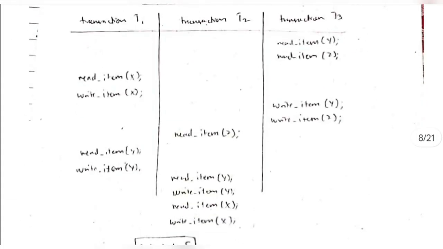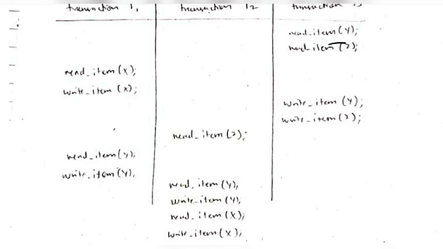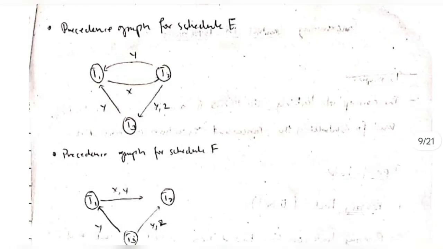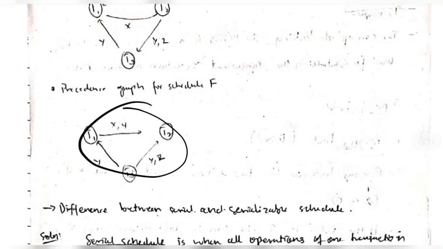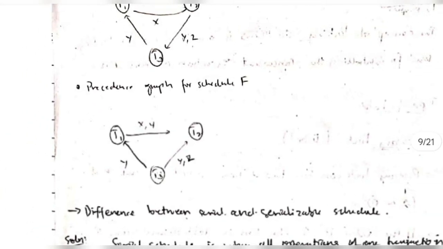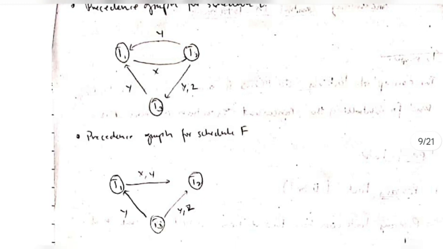Let's consider another example here. In this, what we have is Y and Z here, then we have Z and Y here. So from T3 to T2. Okay, and X is here, and another X. We have to see and map it. Okay, so when we do that, what we get is this graph here. Now, is there any cycle here? Firstly, it goes here and here, then it goes here and it ends here. So there is no cycle in this graph. Therefore I can call it serializable. Okay, so that's how we detect if it's serializable or not.